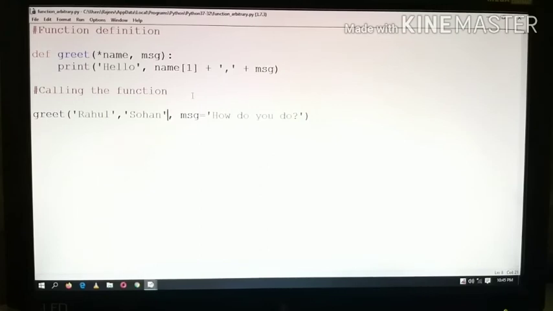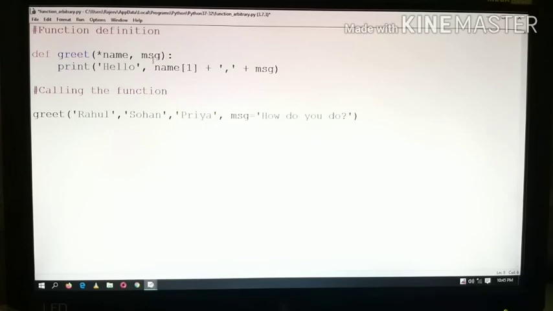Suppose I have written Priya here, so there are 3 values. While calling this function, these 3 values will be assigned into name, and now name will become a tuple. And "how do you do" will be assigned into message.